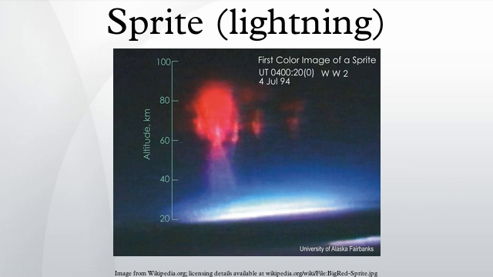Sprite halo: sprites are sometimes preceded, by about 1 millisecond, by a sprite halo, a pancake-shaped region of weak, transient optical emissions approximately 50 kilometers across and 10 kilometers thick. The halo is centered at about 70 kilometers altitude above the initiating lightning strike. These halos are thought to be produced by the same physical process that produces sprites, but for which the ionization is too weak to cross the threshold required for streamer formation. They are sometimes mistaken for elves, due to their visual similarity and short duration.